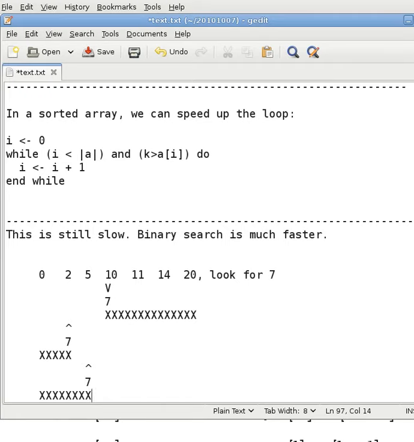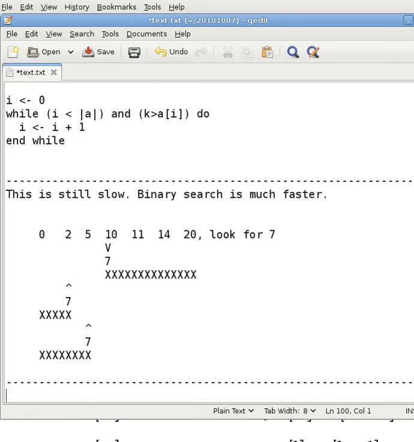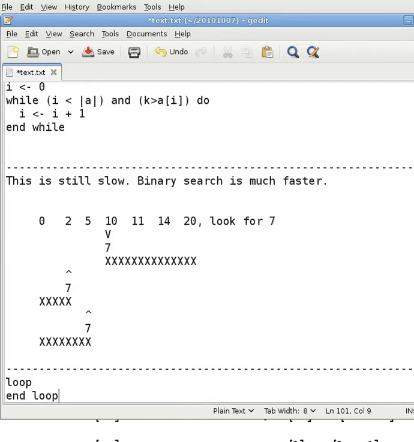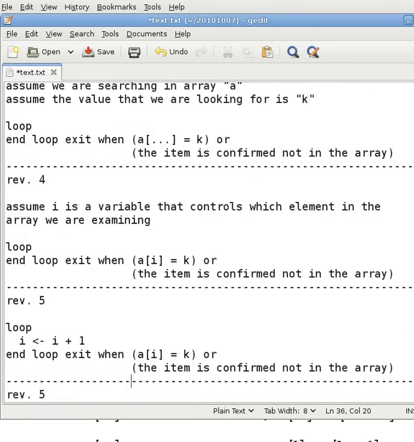Okay? The next question is, how do we implement binary search? Okay, what is the nature of binary search anyway? Is it repetitive? Yes. It is repetitive. Okay, so we say loop and loop. Do we want this to be an infinite loop? No. No. So when do we get out? Interestingly,